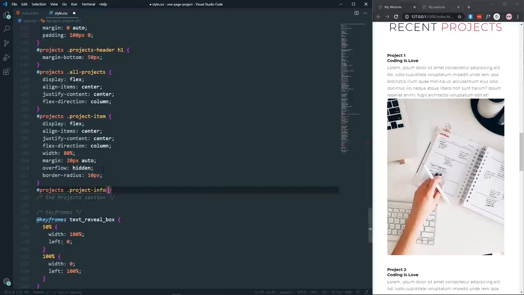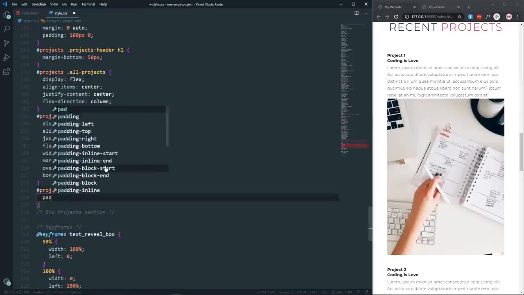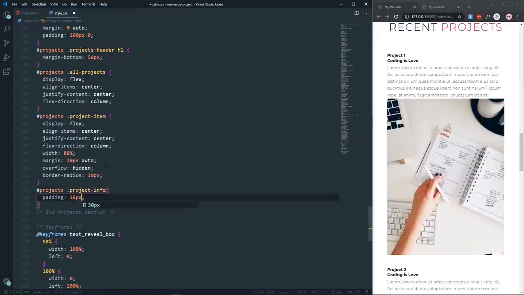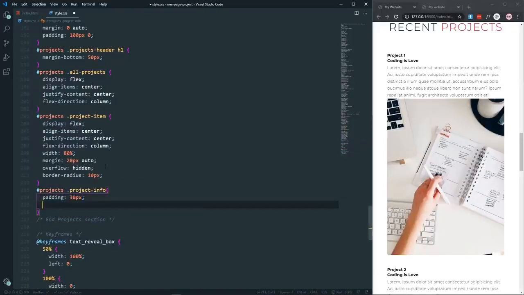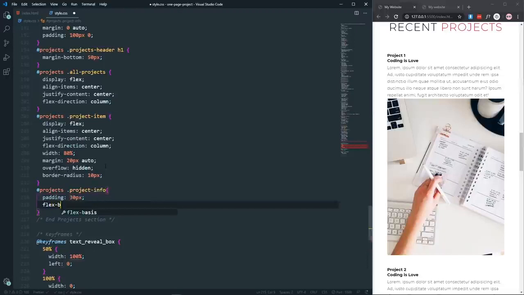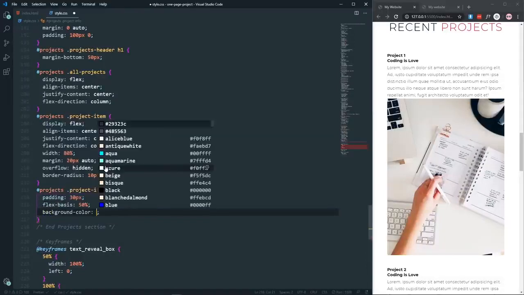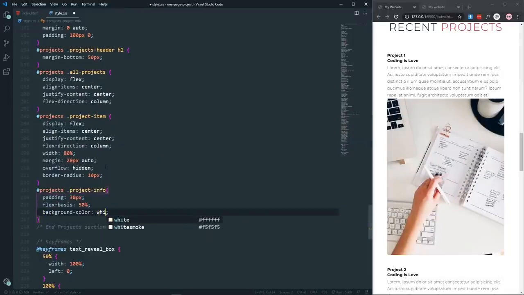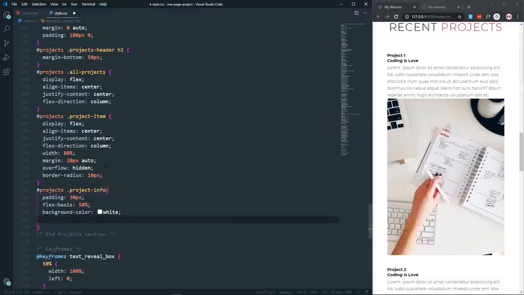Not Ingo, it will be info. So make sure that we have a padding of 30 pixel here in the content, and also let's say that flex basis will be 50%, and background color will be white. And let's come here and say that height will be about 100%, and display